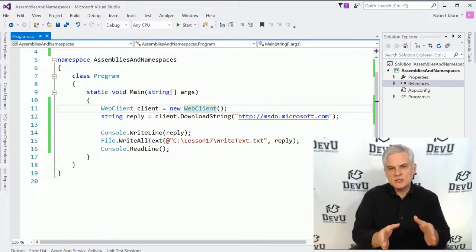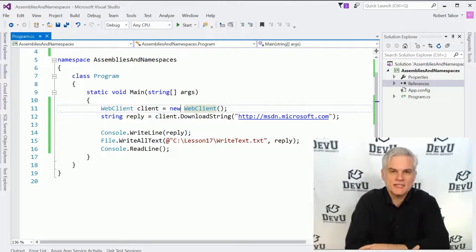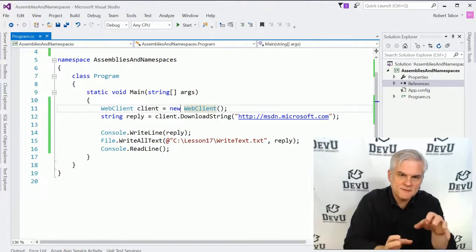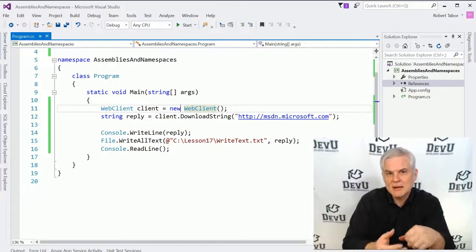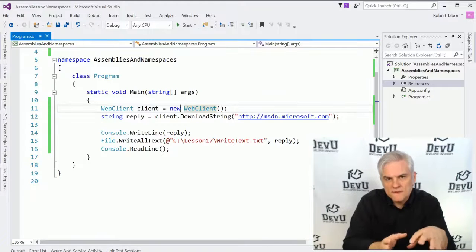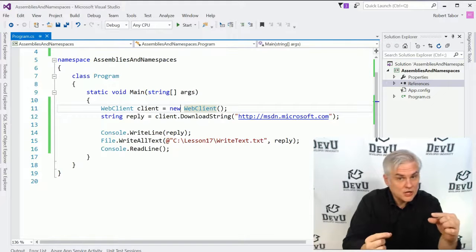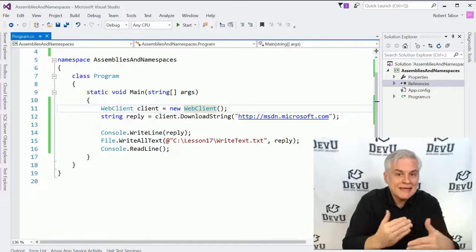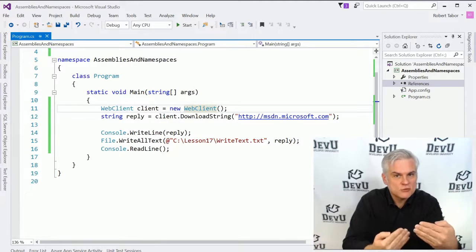Okay, so that pretty much wraps up what I wanted to say in this lesson. We are able to utilize the classes and methods in the .NET Framework class library, and we can find what we need by doing simple searches in bing.com using site:/microsoft.com to find the classes and the methods that we want to work with. Once we find those classes that we want to work with, and we find maybe even little code snippets, we can copy those into our program,